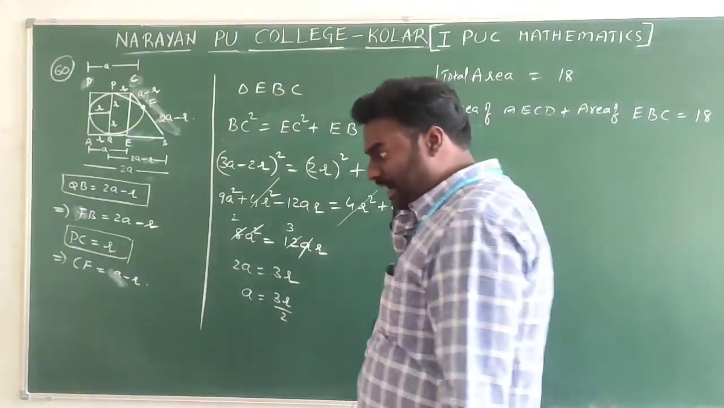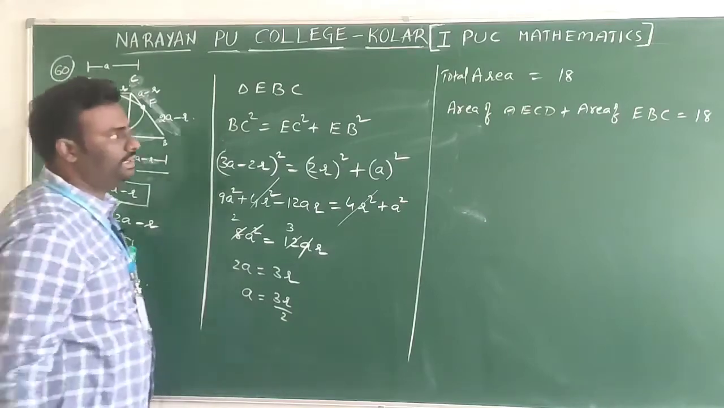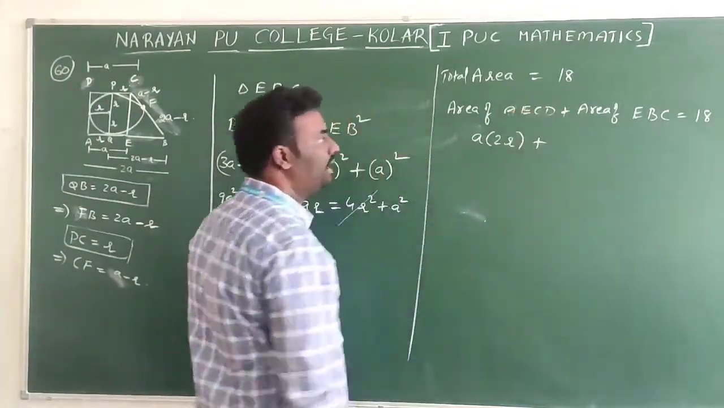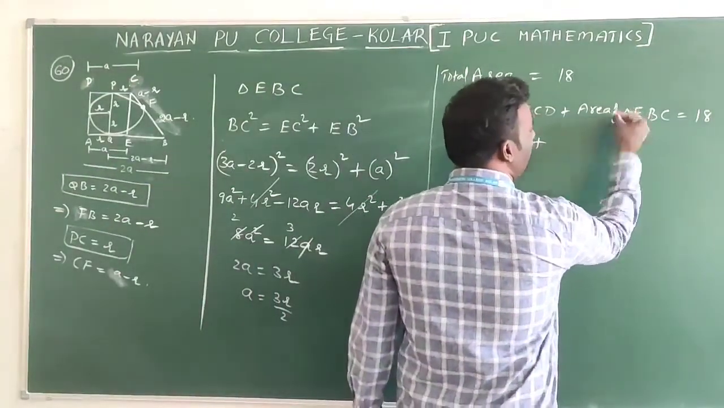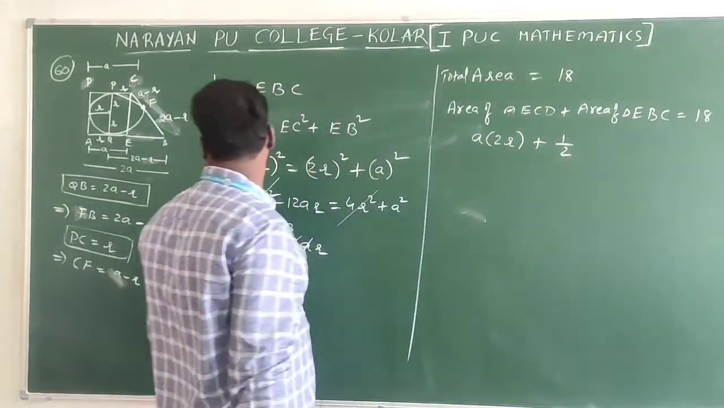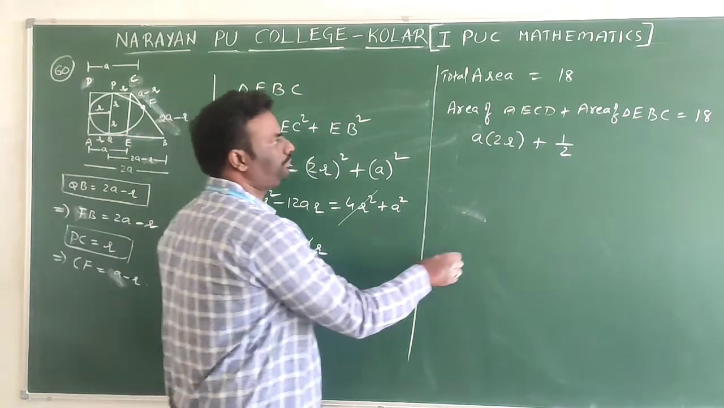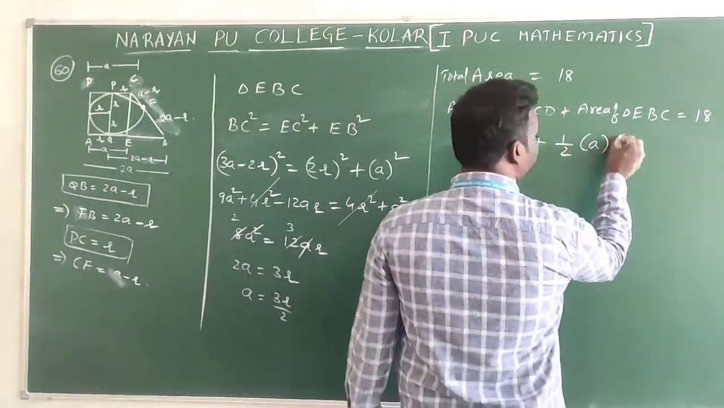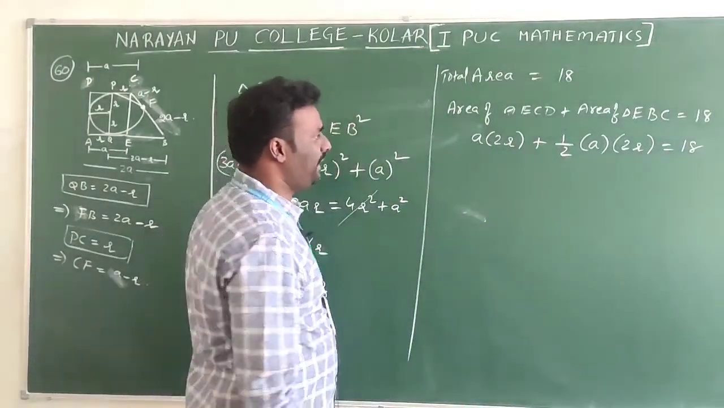Now how to find the area of this one? Length into breadth. This is A and breadth is 2R, so I can write A into 2R. And how to find the area of triangle EBC? Half into base into height. Half into, here this base is A only, and height means 2R, is equal to 80. If you simplify,